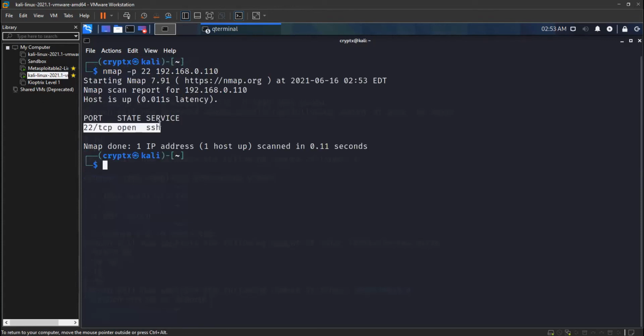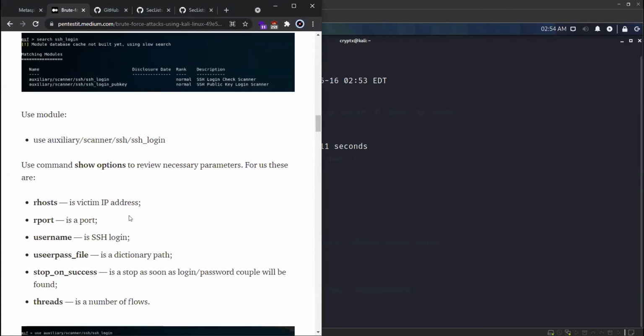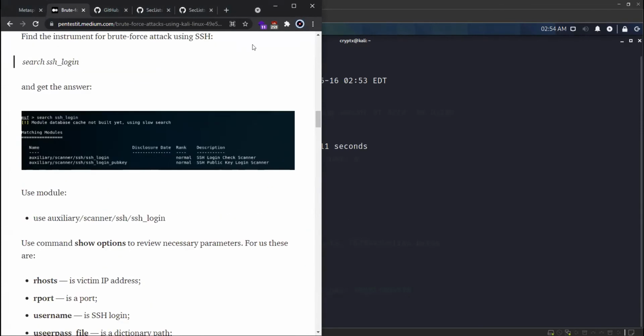So now I'll try to brute force this port. Okay, so I'll just link you one guide I was looking at. This guide shows how to brute force using custom passwords and all that.